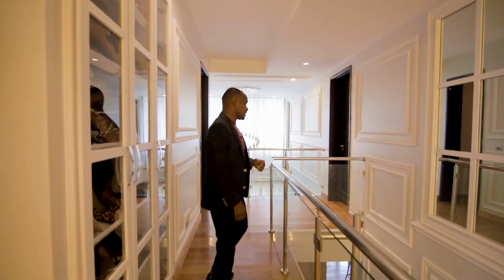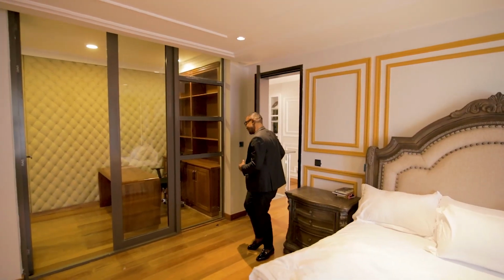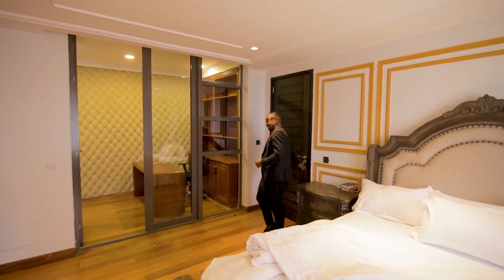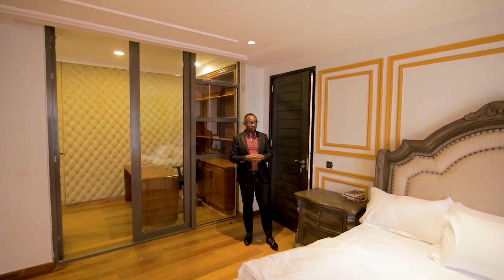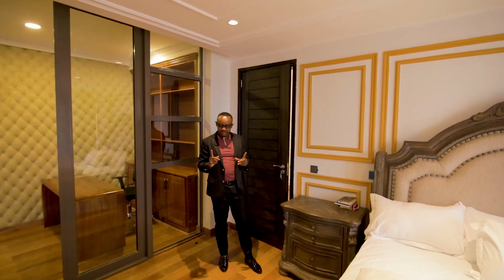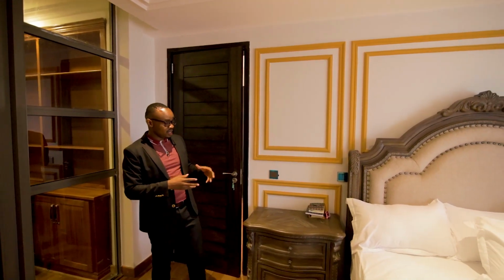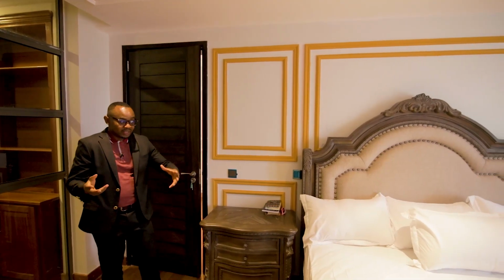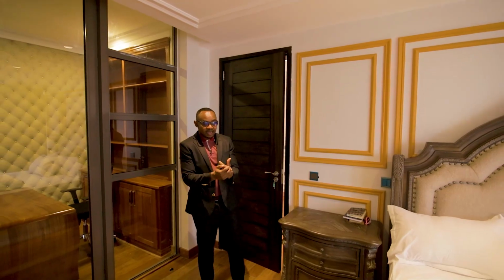Let me take you to the master bedroom. So guys, again, I might not pop into all the bedrooms, but I'll just show you one of the bedrooms that we did, and this is one of our bedrooms where we wanted to go a certain style which was classical, and then